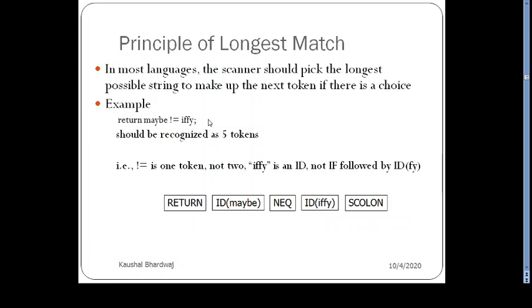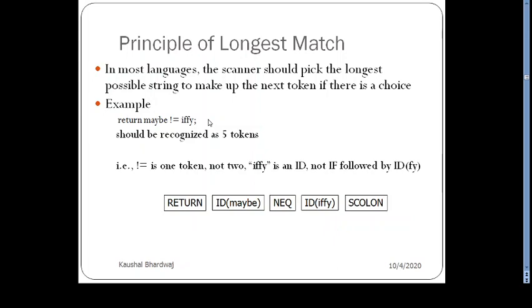Similarly for if i also. Now if i is a separate identifier. Here, if is usually a keyword, but if i is not a keyword, it is an identifier, a different thing.